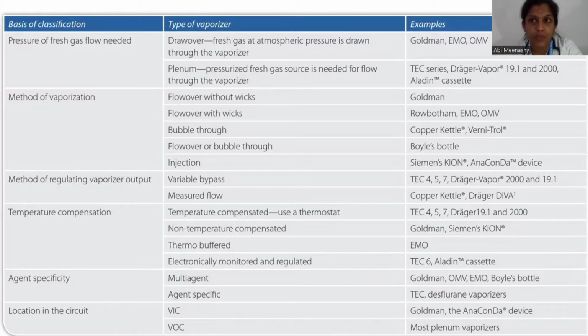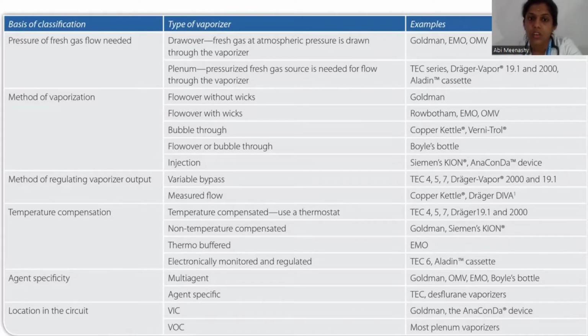Temperature compensation, we've read why temperature compensation is required and the methods of temperature compensation. Temperature compensated, when they use a thermostat, it becomes one type. It can be also non-temperature compensated, thermo-buffered or electrically monitored and regulated. When they're using a thermostat, the examples are Tech 4, Tech 5, Tech 6, 7 and the Draeger 19.1 and